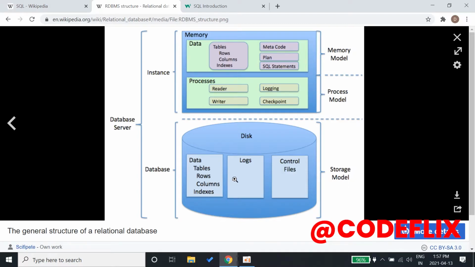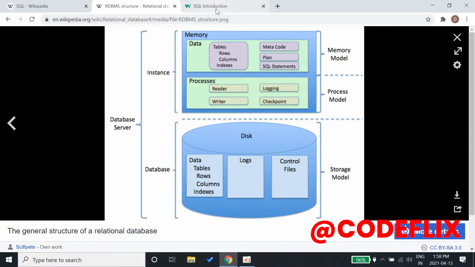There are a few logs, control files, and then there's a shared memory which controls some metacode, the SQL statements that we perform. There are a few cache tables and rows, indexes in it, and then there are a few processes of reading and writing on the database. So this is what basically a database server looks like as a whole.